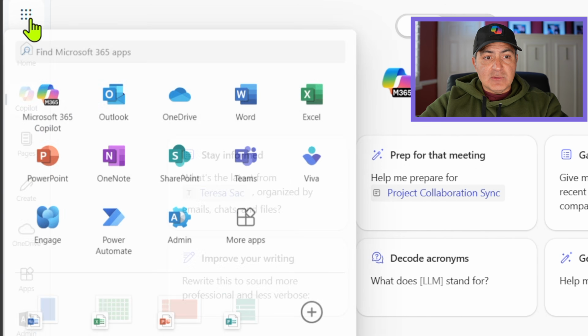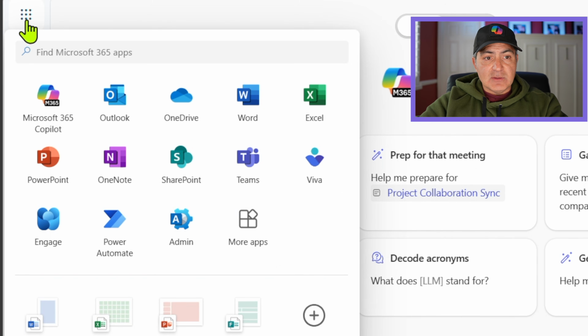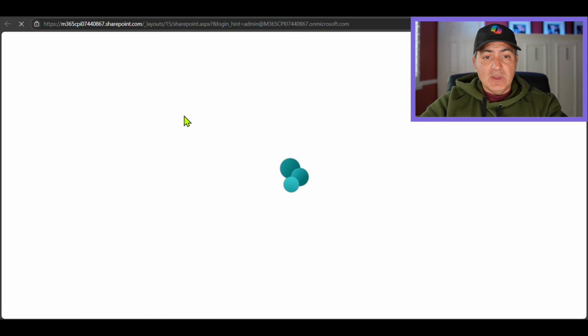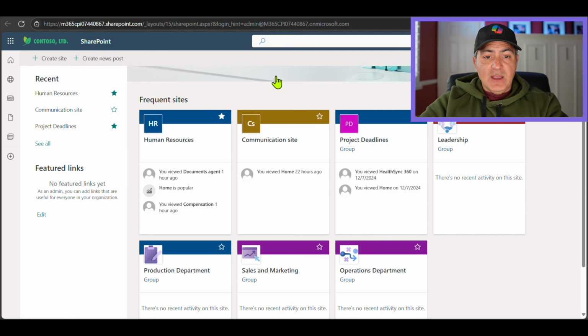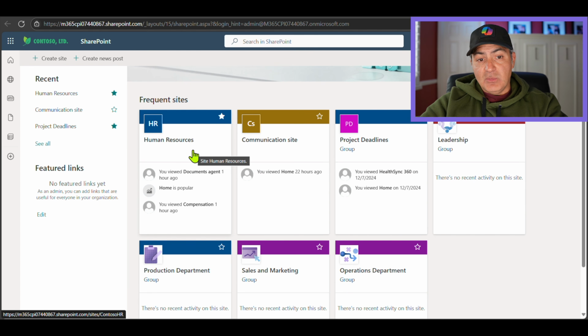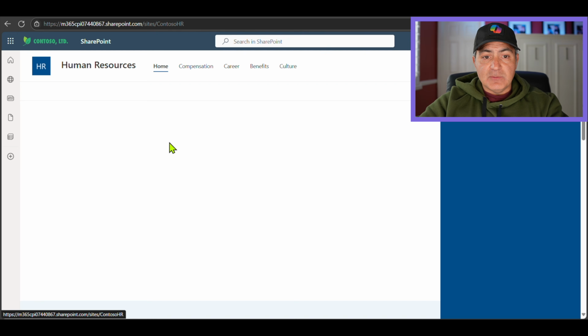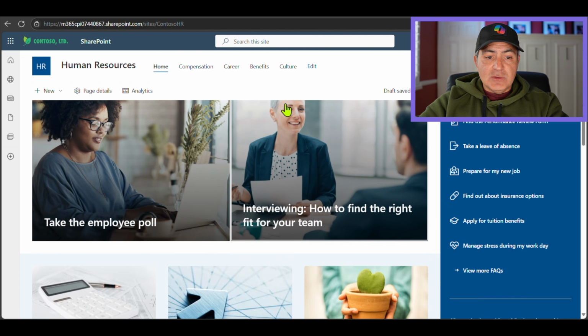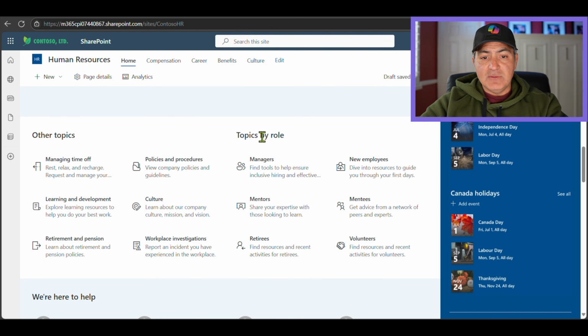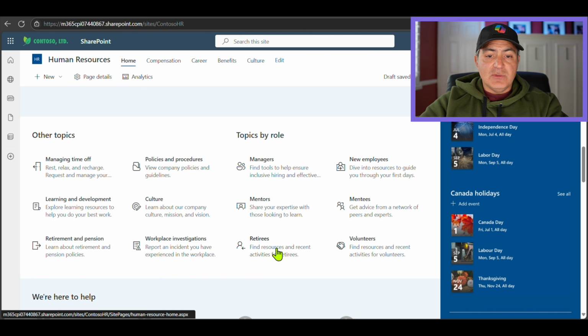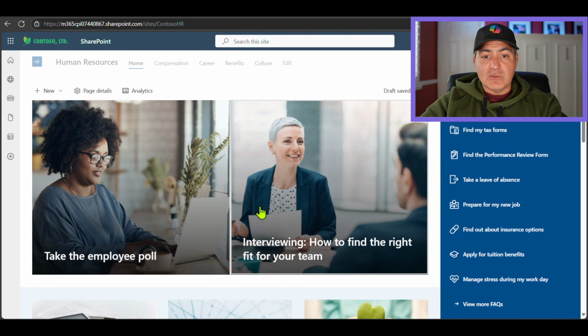So on the left hand side here, we're going to select SharePoint. And this opens up our SharePoint site where we have different sites that we can go to for human resources, communication, and so on. Now, when we go to the human resources SharePoint site, you can see that there's information on compensation and career and benefits, mentors and volunteers and retirees, and all kinds of typical human resources